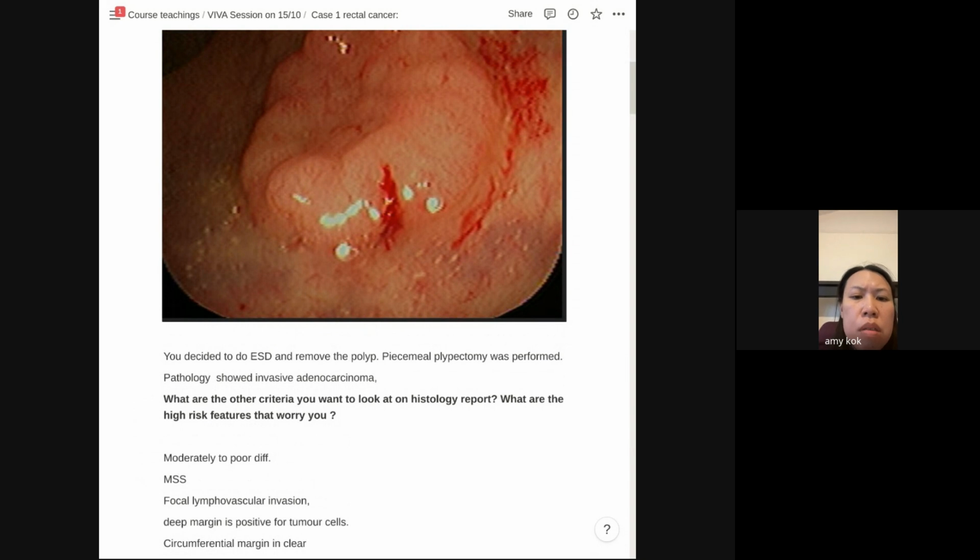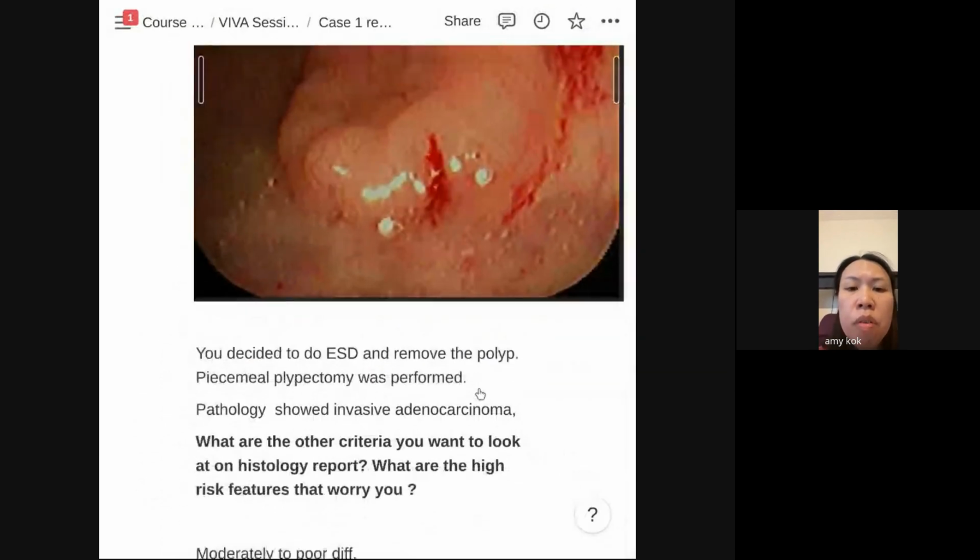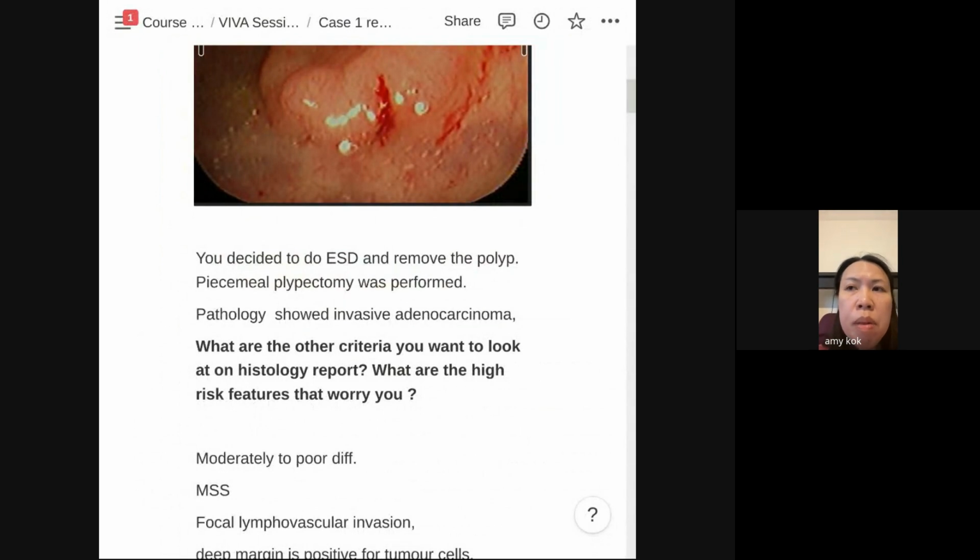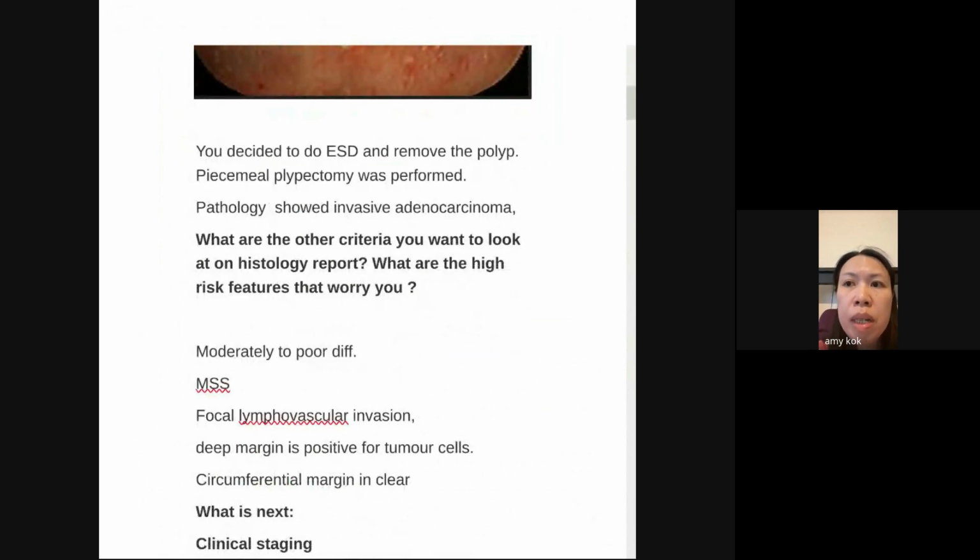So, since the pathology report says there is focal lymphovascular invasion with deep margin involved, sorry, I can't see the small print, but I think these are really high risk factors with high lymph node mets, maybe more than 20% in this case. So in the clinic, I will discuss with this patient. First of all, take a focused history,